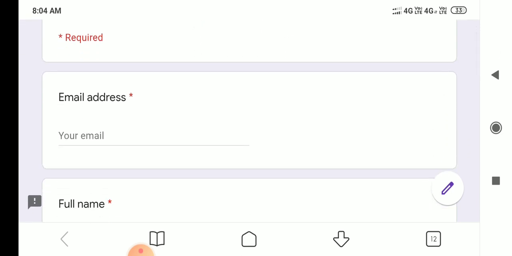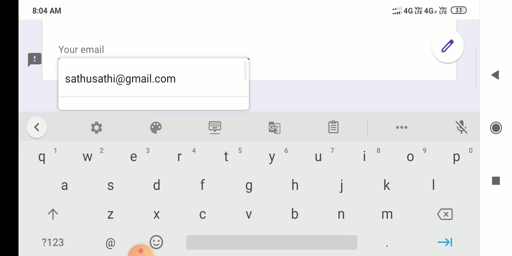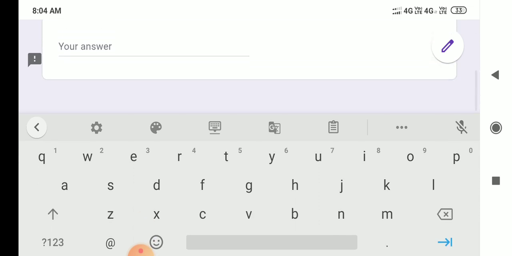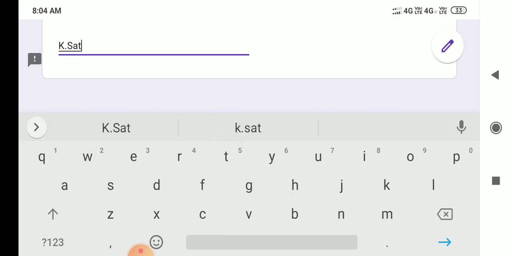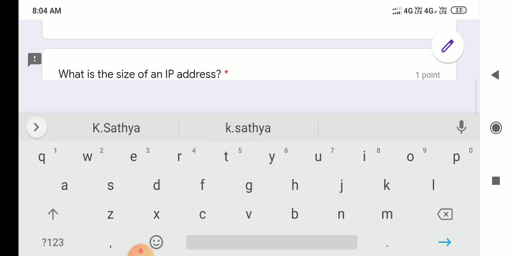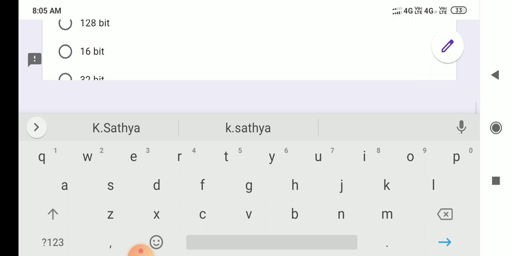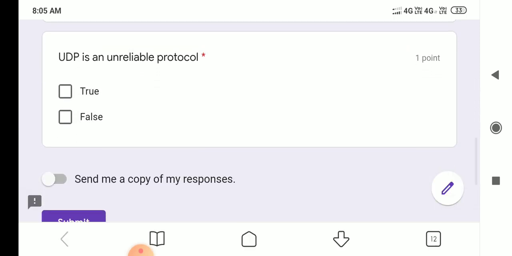Type your email address. This field is already automatically generated in the form. So type your email address and type your full name and answer the questions. The first question is 32 and second question is true.